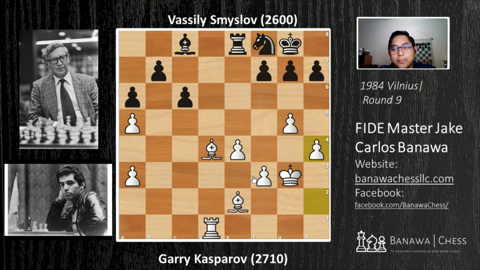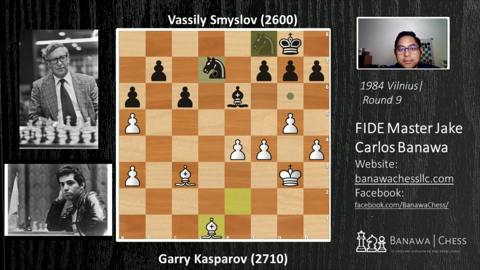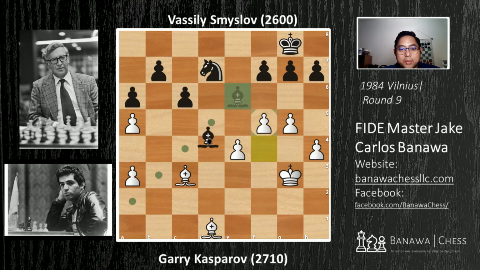White continued pushing its kingside pawns to acquire more space and also to create a passed pawn. Rook d8, f4, bishop e6, bishop c3, rook takes d1, bishop takes d1, knight d7, f5, aiming to take the bishop on e6, bishop c4, h5,